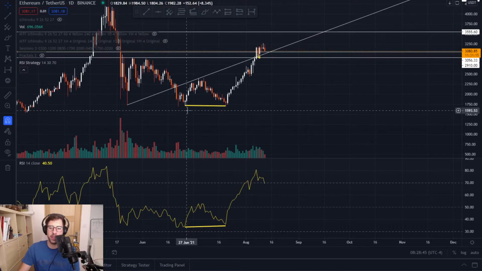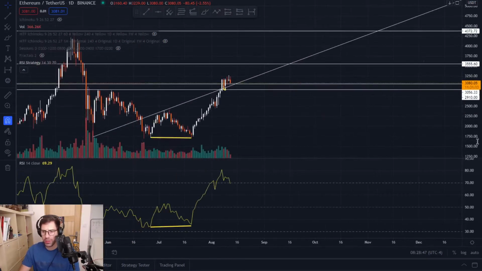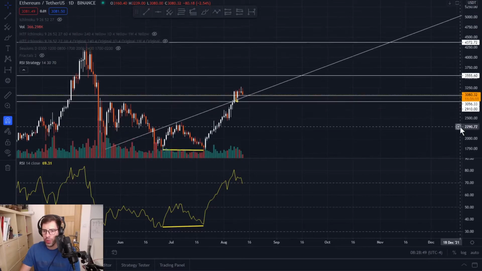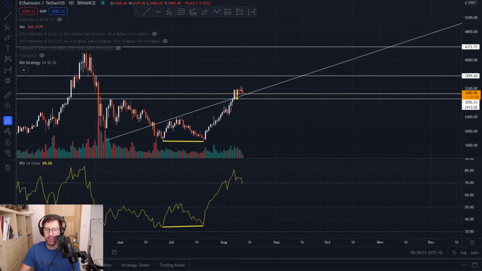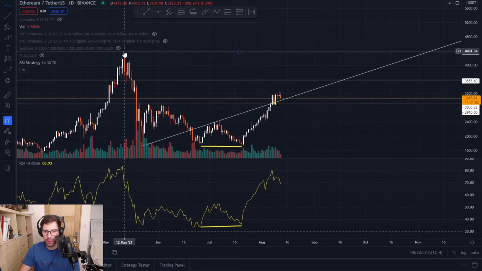It's from the 27th of June, but I think I actually added this one, so nothing new. But we want to see if there is anything here, and we are on a daily, so we're not going to see much compared to here. If we're going above or lower, so far we're still above. Okay, this one's still above. So it's a good sign that our RSI goes down again.